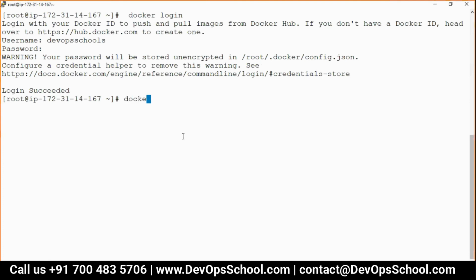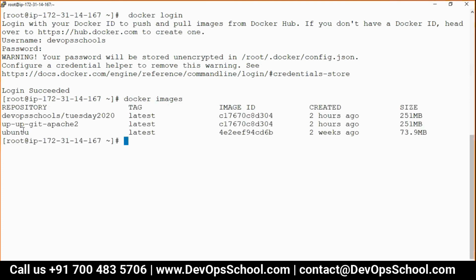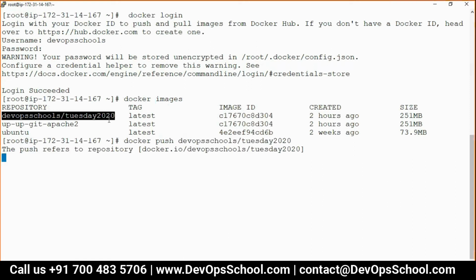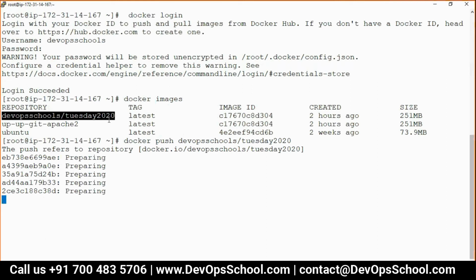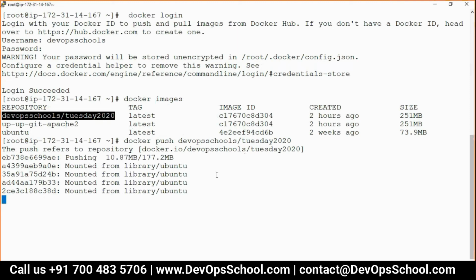Okay. Now after that, push the repository name. So here, what I'm going to do, Docker images, push this. So Docker push this one. And you see here, I'm pushing that image.